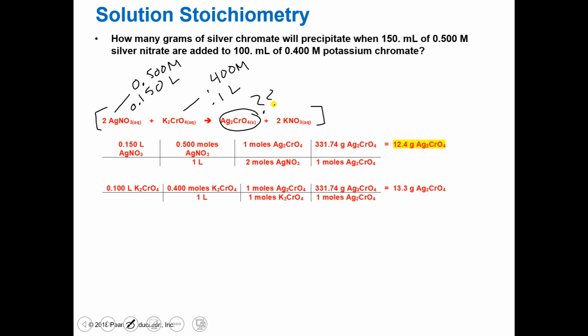So what I'm going to do is I'm going to take each reactant, its molarity and its volume, and convert it to the product. I'm going to do that separately in 2 different steps. And just like limiting reactants, the one that gives me the least amount of product is my limiting reactant, and also the amount of product I will get. So the first thing I do is I take my given volume of silver nitrate, and I use the molarity